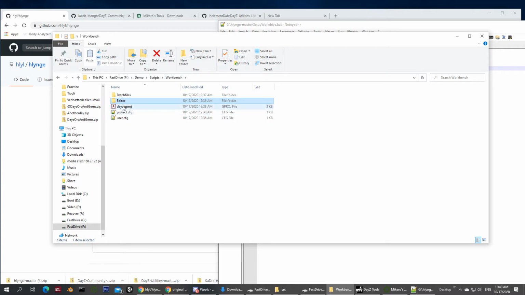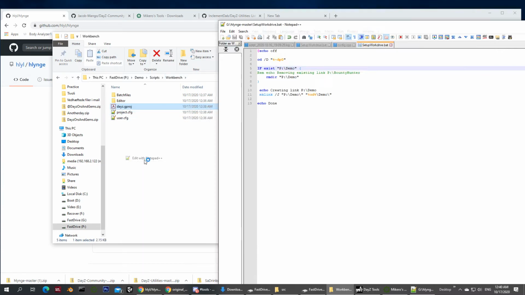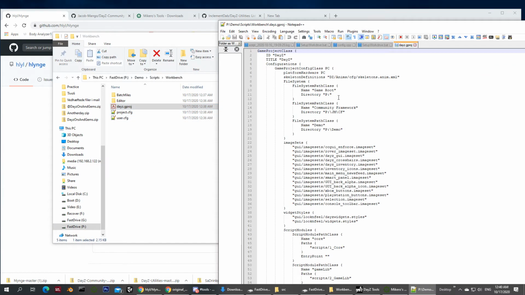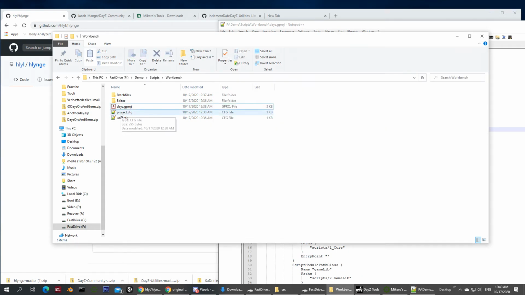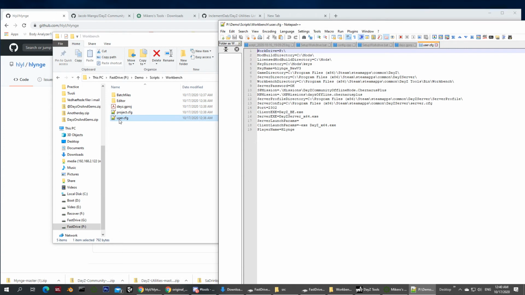I have also included the days gproc with the right references, so the game root, the reference to the community framework, and the reference to the demo mod that we are creating. There is also in here a user CFG, user config, that details that my work drive is the P drive, that I'm building my mods in the C mods directory.